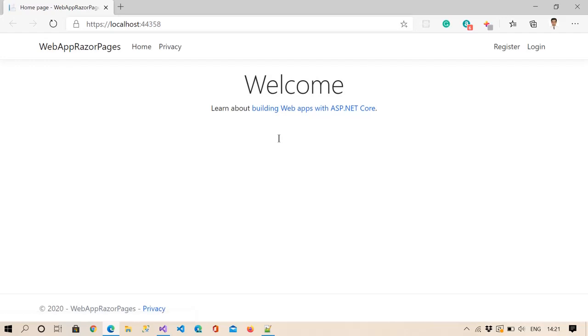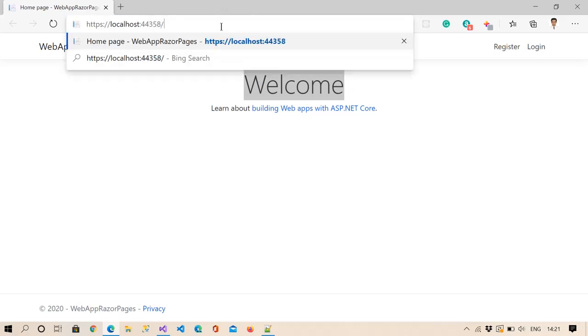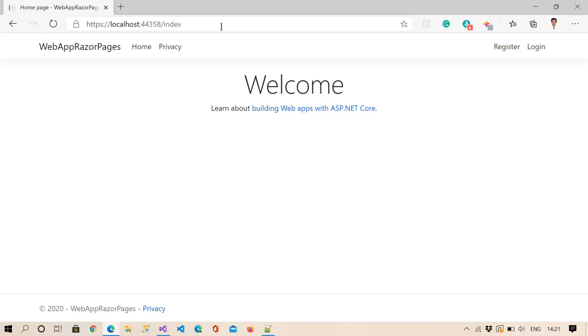So here you can see we are getting the index page. If I put index here, then we will get the same page.